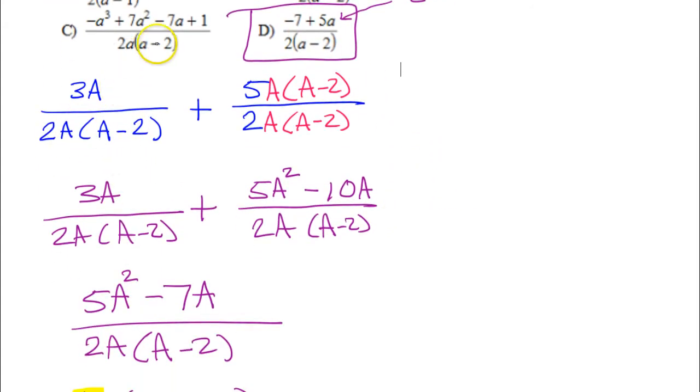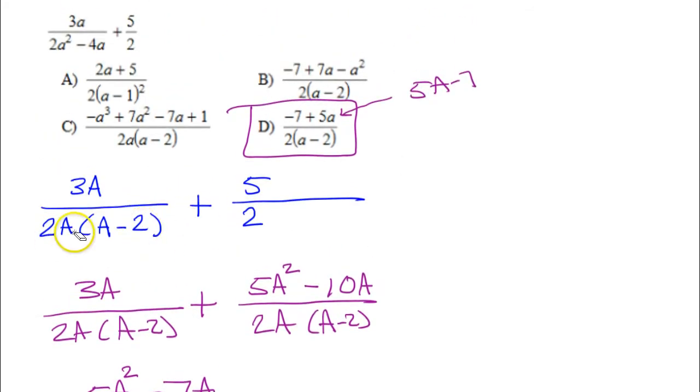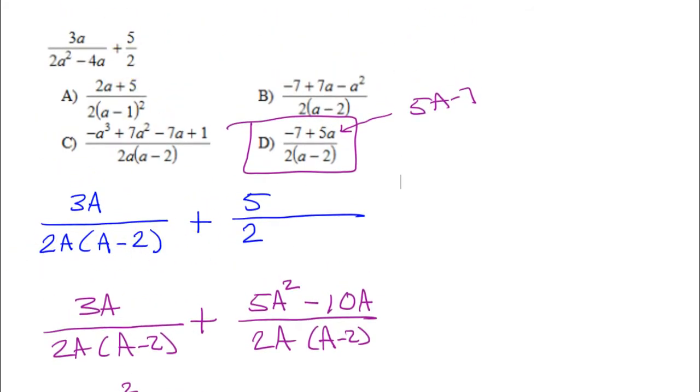One thing I feel like I should point out to you. Right here at the beginning, let me just turn back time for a second. Okay, back at the beginning when I had just factored, what we really could have done was we could have canceled out these a's in this fraction right here. Because they're in the same fraction, I don't have to worry about the fact that these are connected by addition. I can cancel out these a's. So if I did that, then I would immediately have 3 over 2 times a minus 2